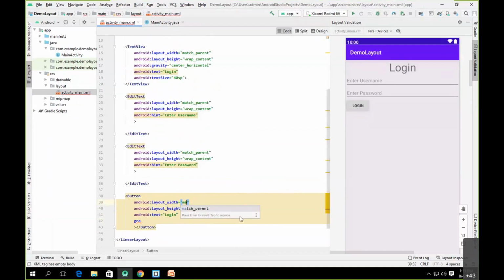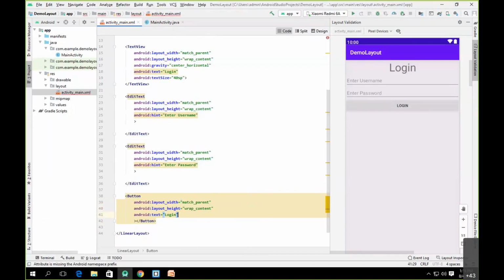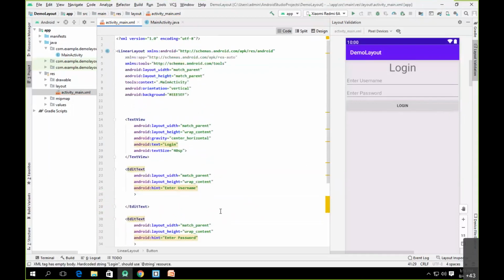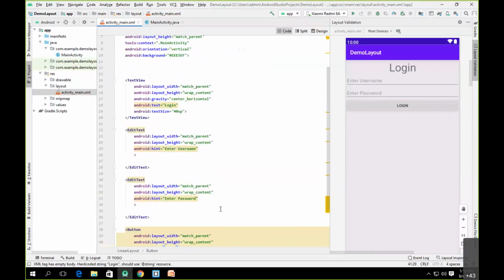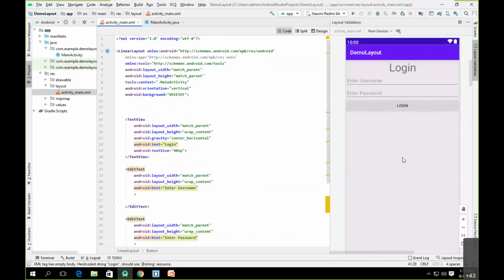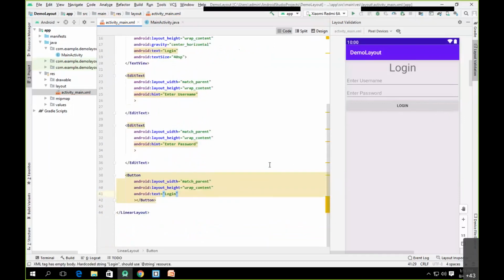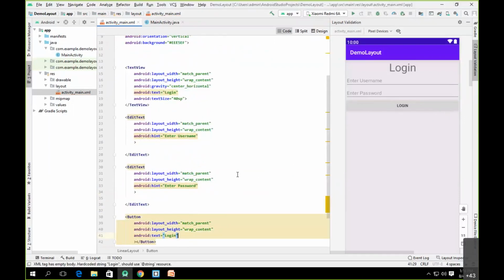Let me add it as match parent. As you can see, I can occupy the width of the login button in such a way that it will occupy the entire parent width. So this is how you can use a linear layout in order to create a user interface where the elements are aligned linearly or in a single line.